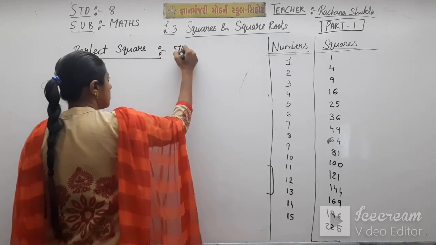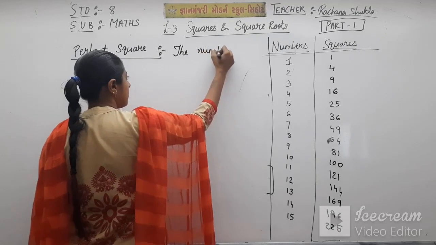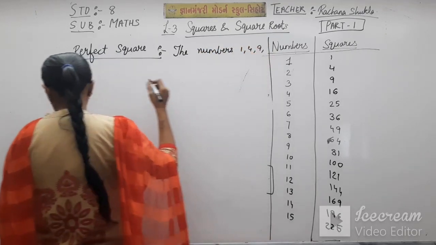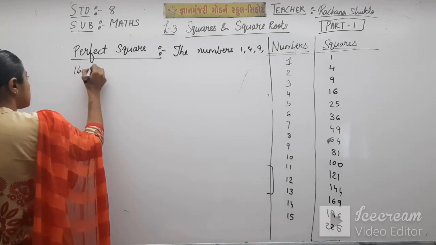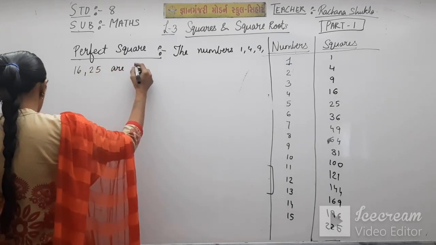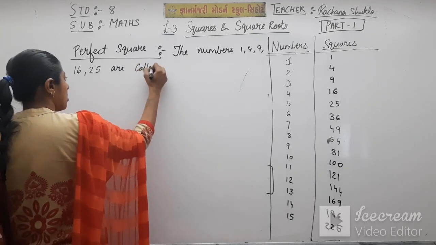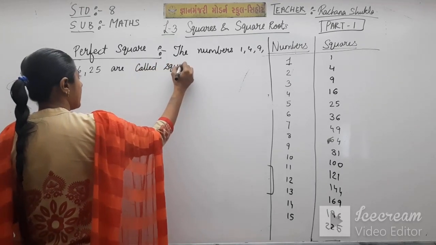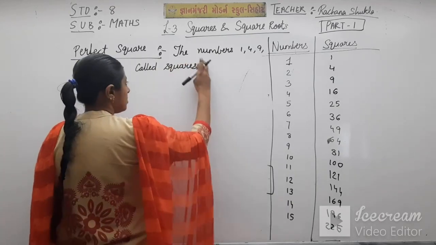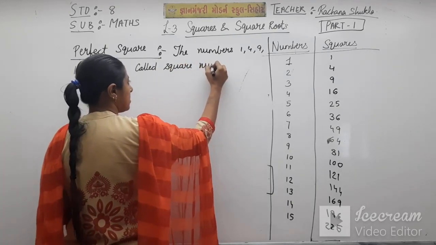The numbers 1, 4, 9, 16, 25 are called squares. Are called square numbers or perfect squares